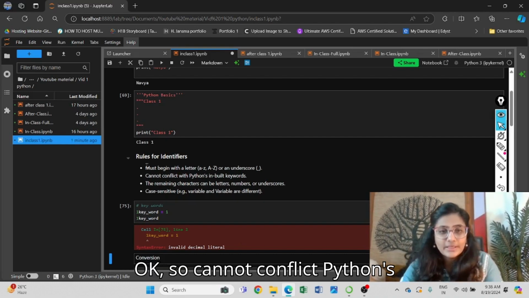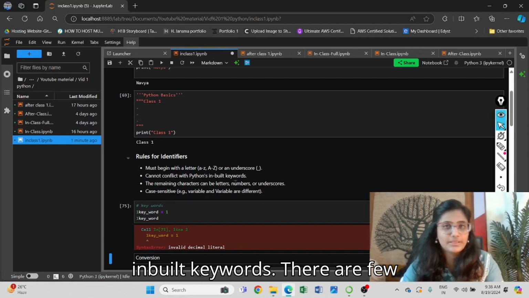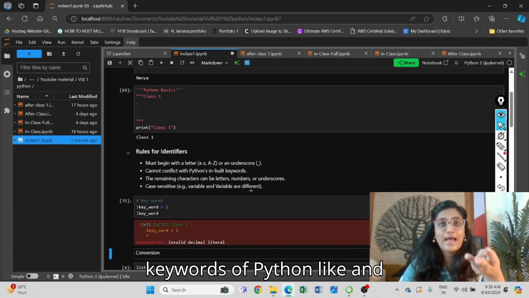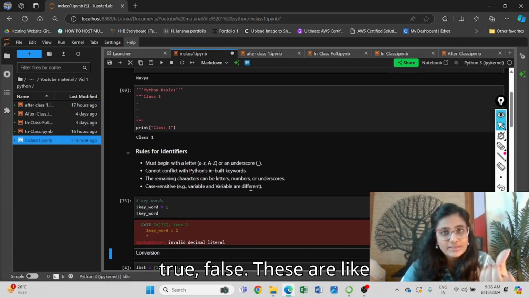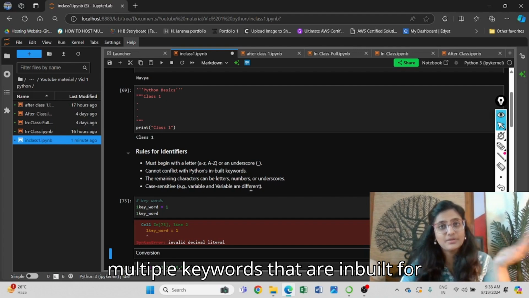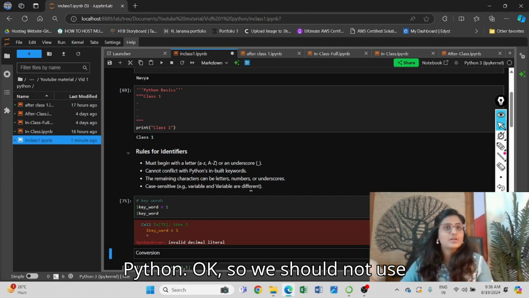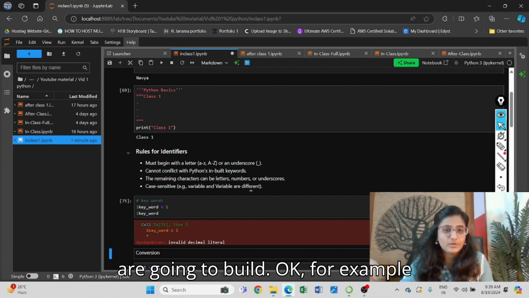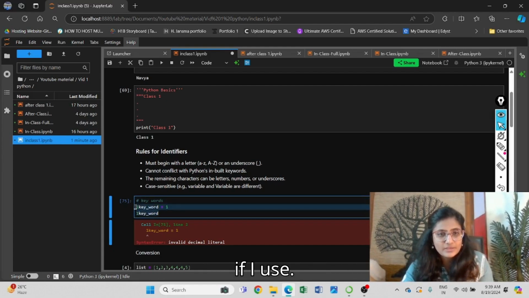Okay, so it cannot conflict with Python's inbuilt keywords. There are a few keywords of Python like and, True, False. These are multiple keywords that are inbuilt for Python. So we should not use these as the keywords that we are going to build. Okay, for example, if I use